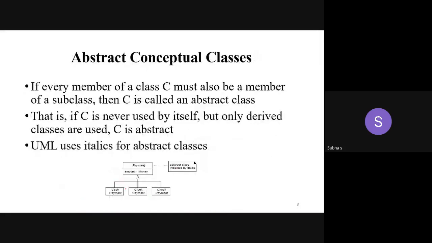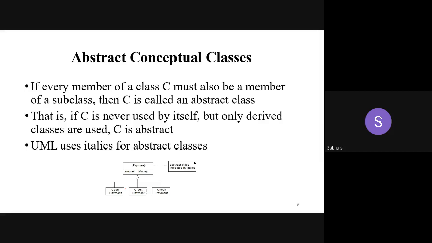Next, abstract conceptual class. Almost all the concepts we have touched in the previous sessions also. When I taught the conceptual class, when I taught initially the domain model and all, I just noted this point also, abstract class. Generally, in OOPS you have studied. What is an abstract class? A class with no object. That is a class without objects. But how can we use that class? We can use the attributes of that particular class. I am not at all defining operations. I am not at all using objects for it.